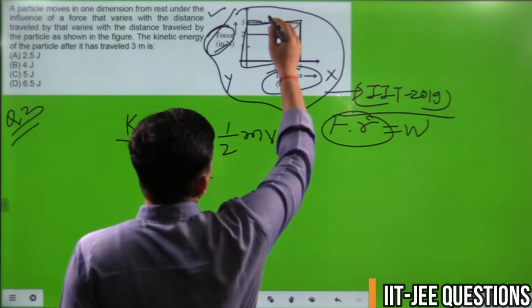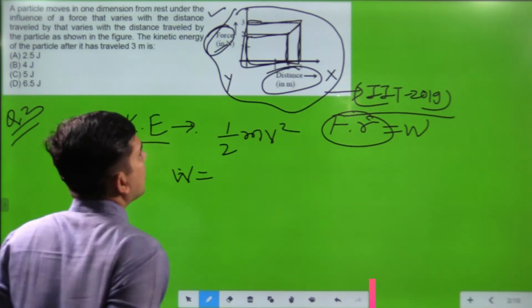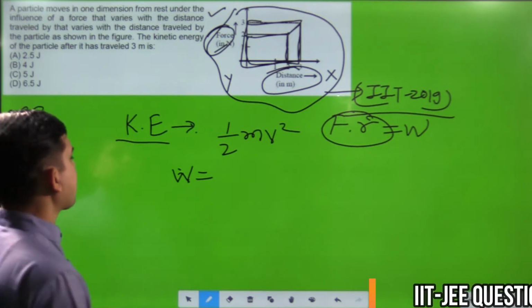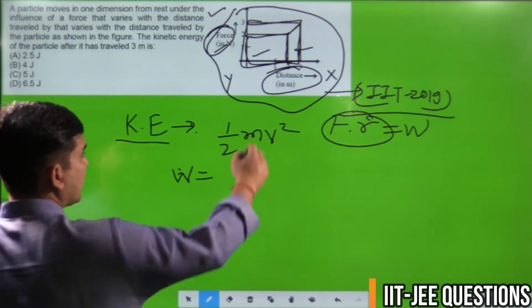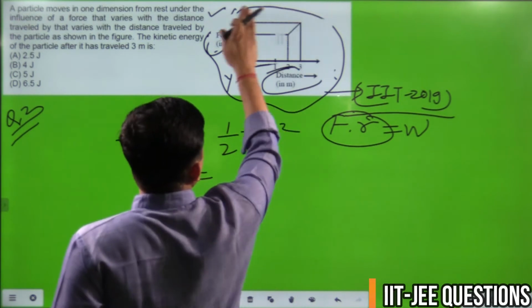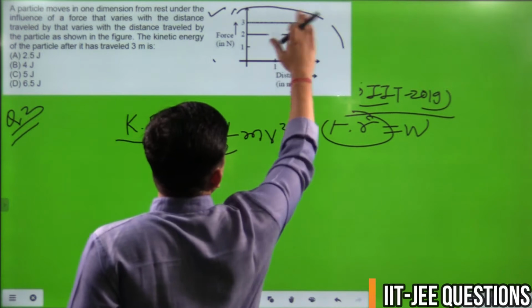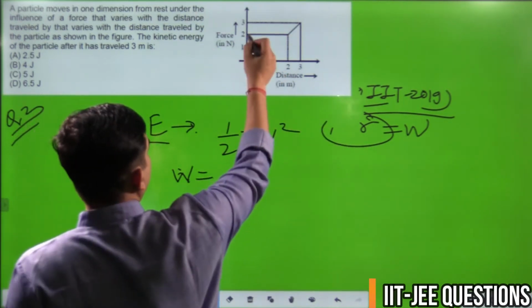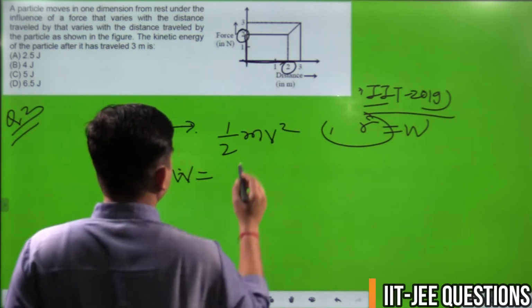Now look here, it's a rectangle and another part is trapezium. Now apply the formula of rectangle and trapezium. Formula of rectangle, height 2, base 2, means 2 into 2,